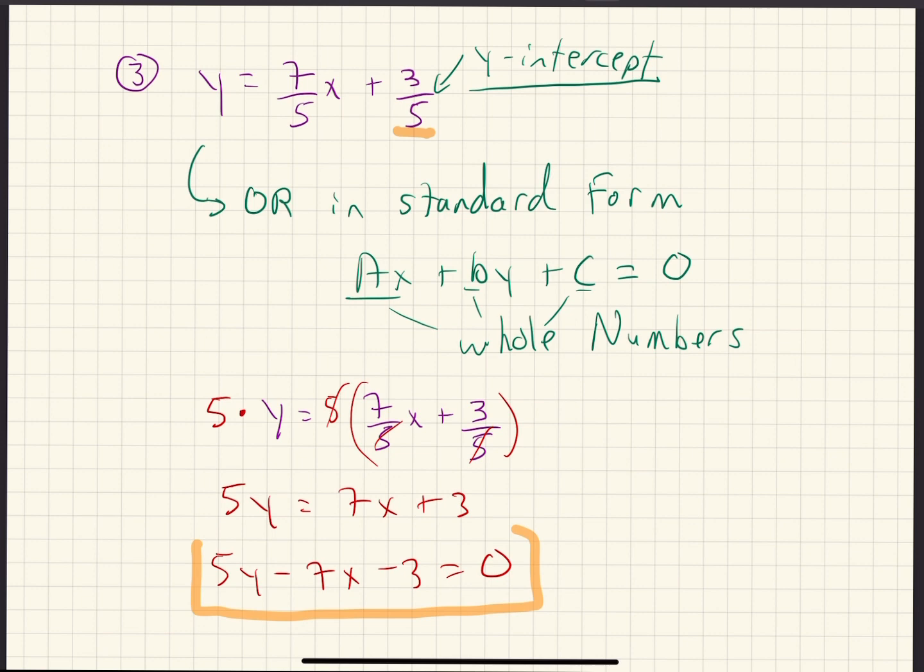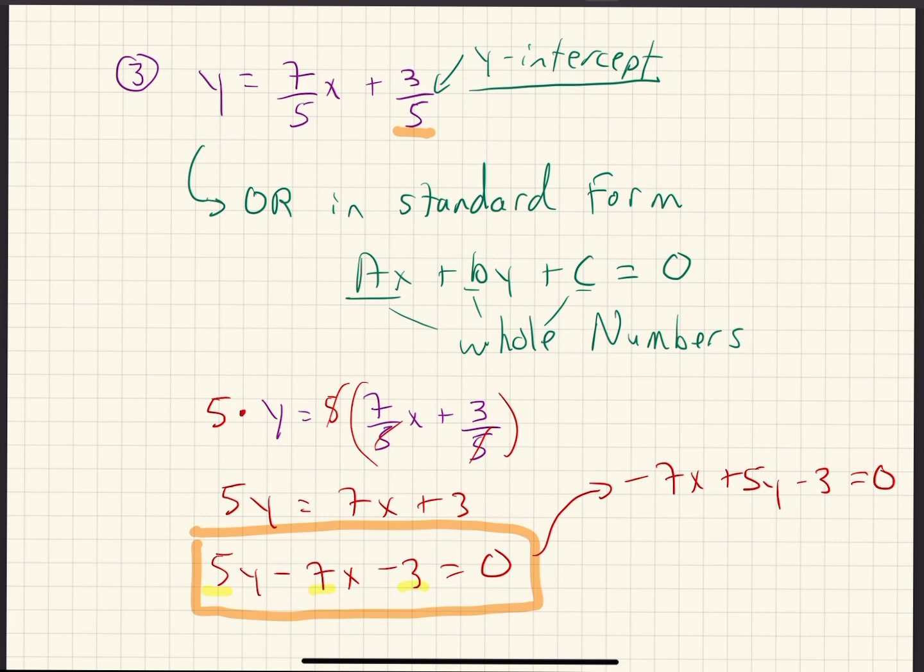And after some algebra, here is the equation in standard form. And I can rewrite this here in order so that it's minus 7x plus 5y minus 3 equals 0,